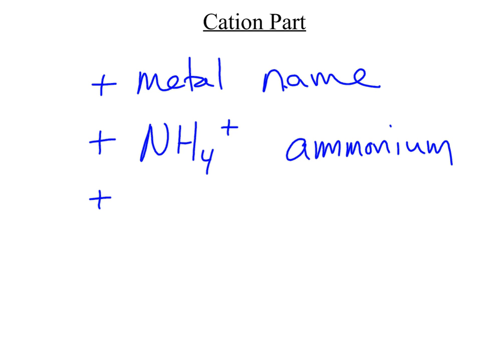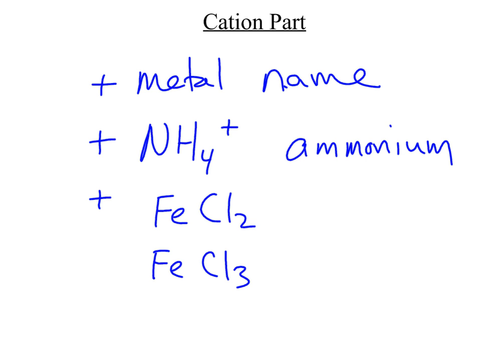And then finally, we have some metals that can have several different ions. And so if we took, for instance, iron, it can make two different compounds with chlorine. We have FeCl2 and FeCl3. Obviously, we can't call both of these iron chloride because they're different compounds. In the first one, iron is going to have a 2+ oxidation state, meaning that it's given up 2 electrons. So we're going to call that